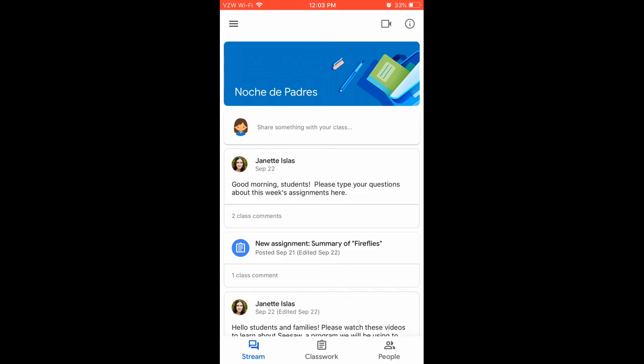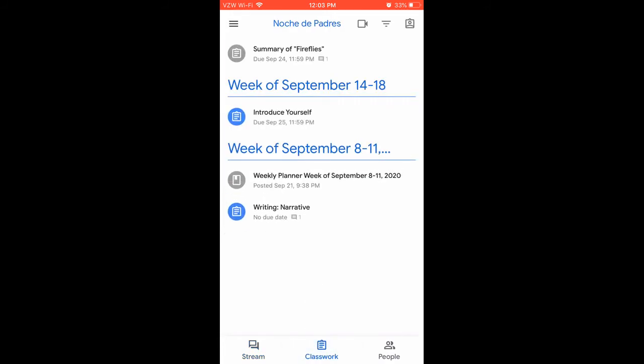Now I'm going to show you the classwork tab. So that's the middle tab on the bottom. And this is where a lot of teachers like to post all of the assignments because it's easier to organize them. As you can see in this example, the assignments are organized by week. Depending on the teacher, they might be organized by topic, but many are organizing by week to make it easy